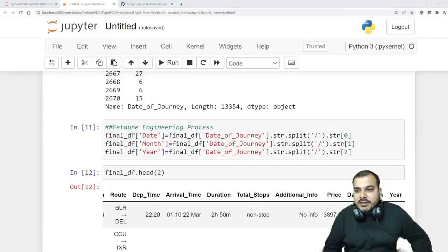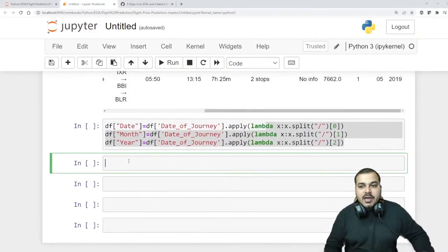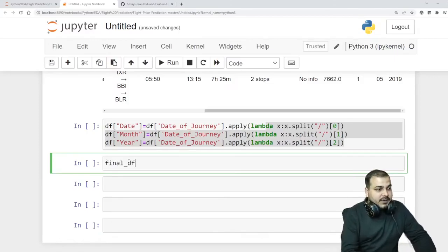Okay, now let's see in the next step what we have to do. Simple, we also have to make sure that we convert that into an integer, right? So integer also we need to convert for date, month and year. In order to do this, it's very simple. How do I do it? I will just write final_df,